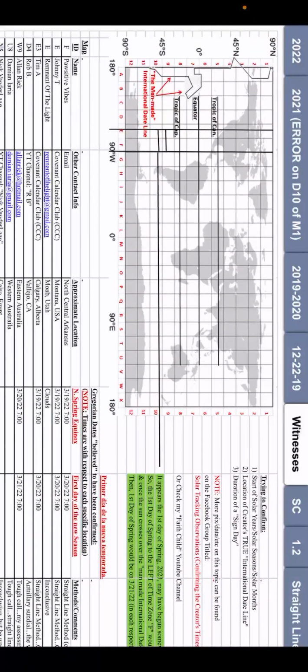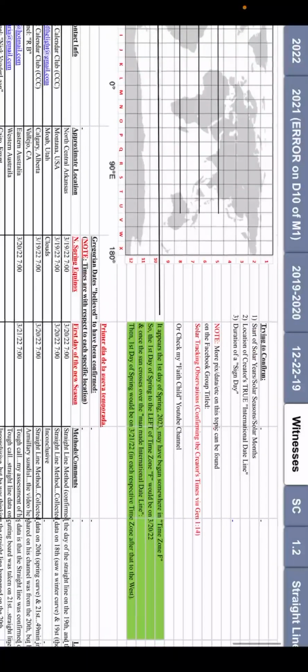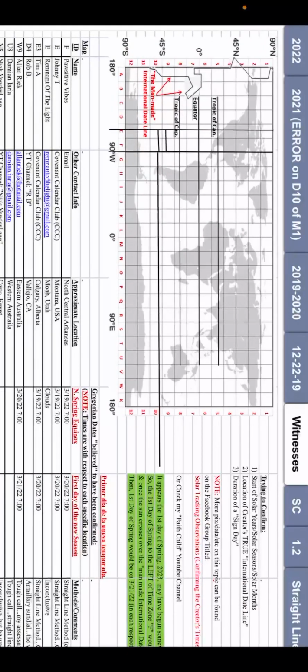So this map has time zones labeled across the bottom of it in letter format. A, B, C, D, E, F, G is how I called the time zones out. But if you look at this green section here, from all the data that came in this year, it looks like time zone F was where time may have begun this year. And things look slightly different on my phone than they did on the computer. That other line should have only been on time zone F. It's a little tighter than what's shown there.